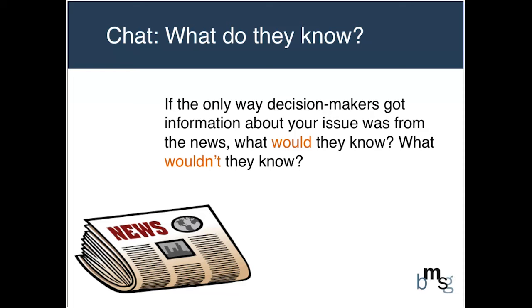Another respondent says they would know that there is poverty, that people of color are the focus of areas of crime and lack of jobs and businesses. They would not know that there are many innovations to address the issues. So that gets at another important pattern that we notice when looking at the news, which is that there tends to be significantly more coverage of the problem than there is of solutions. And so when we talk about advancing public health frames and narratives in the news, part of that is talking more about solutions so that the public can see that there actually are solutions that work to the long-standing